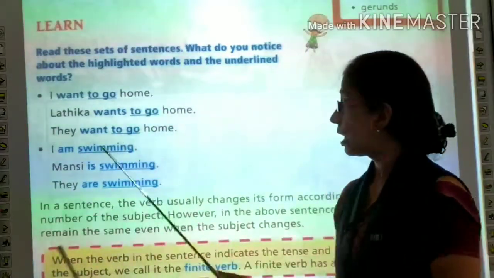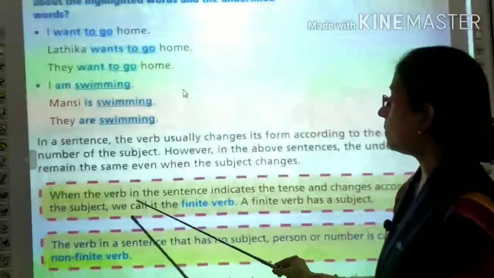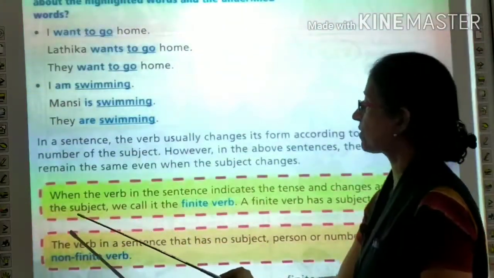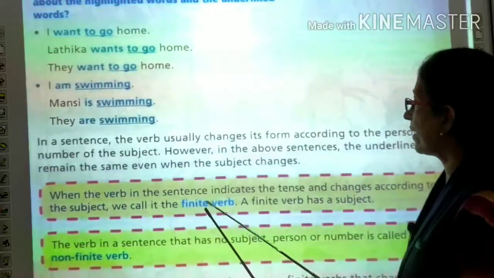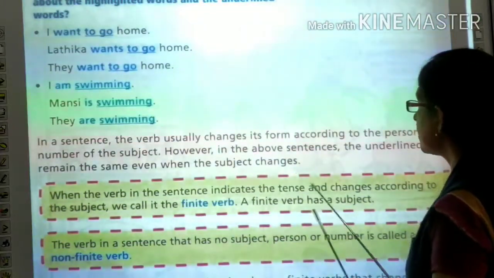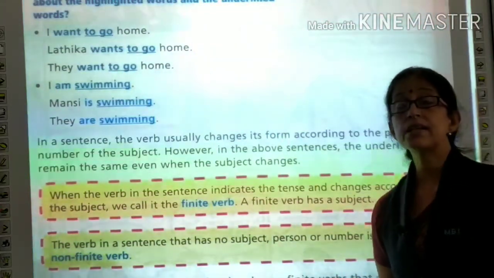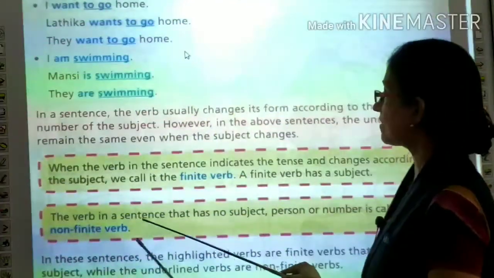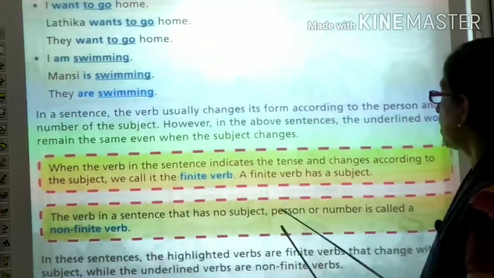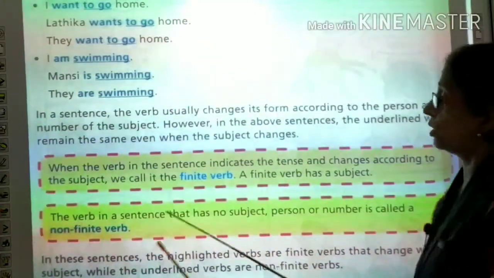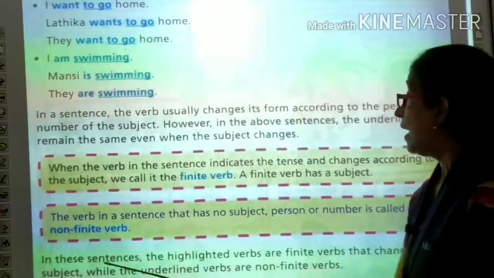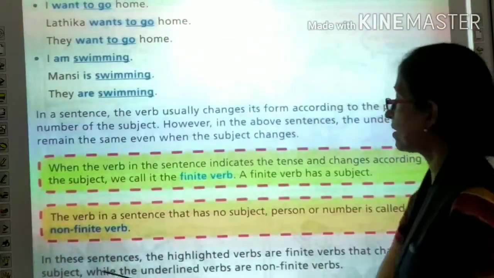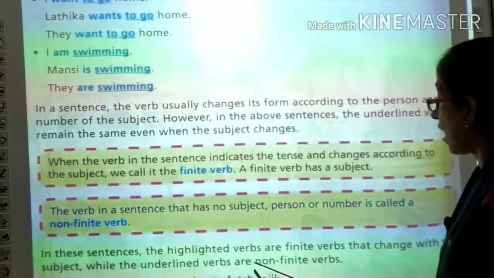It's not changing. Now here, when the verb in the sentence indicates the tense and changes according to the subject, we will call it the finite verb. A finite verb has a subject. But the non-finite verb, the verb in a sentence that has no subject, person or number, is called a non-finite verb. In these sentences, the highlighted verbs are finite verbs that change with the subject, while the underlined verbs are